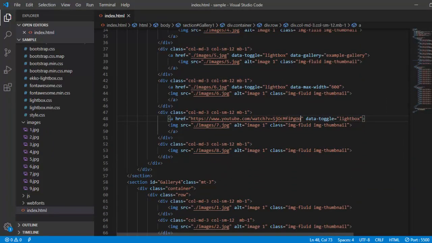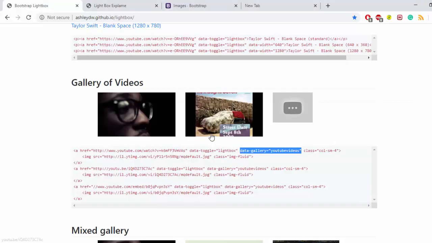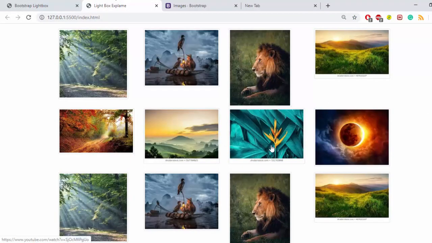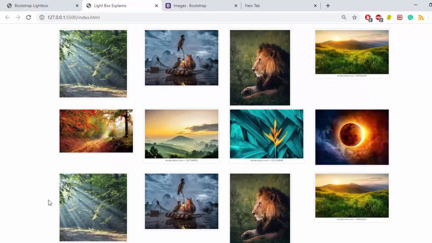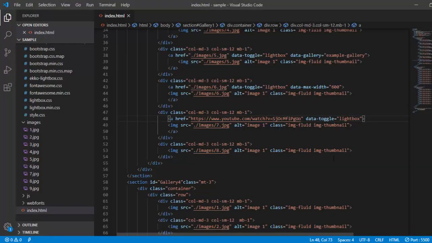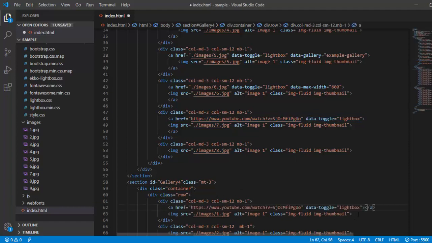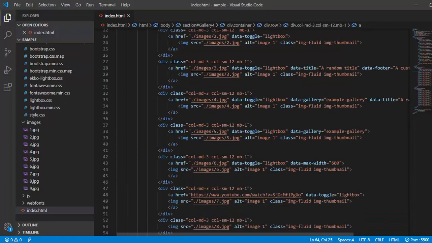So here you go, I have completed all the images, only one image I have left. Again the same section is repeating here, so I'll be using this section as a gallery. So here you go with the gallery kind of thing. That will be a video gallery kind of thing, okay?